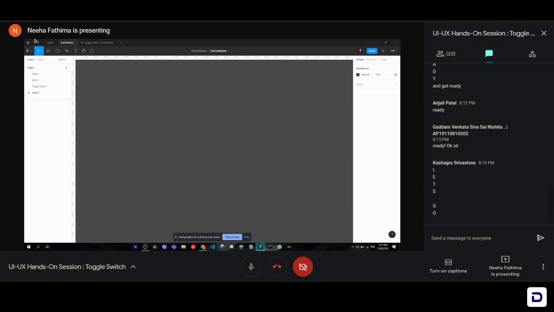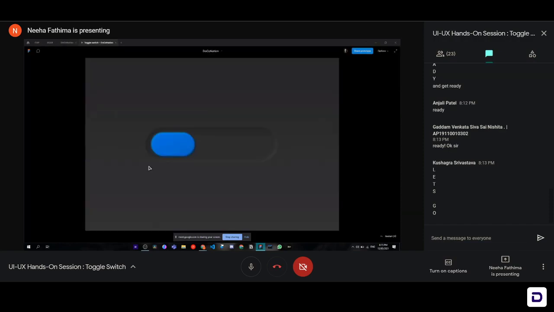So before we start, let me quickly show you what we're going to make today. So this is the animation. You can see the smooth little transition between the blue and green color. It fades to a light blue and then turns completely blue, right? So let us start making that.